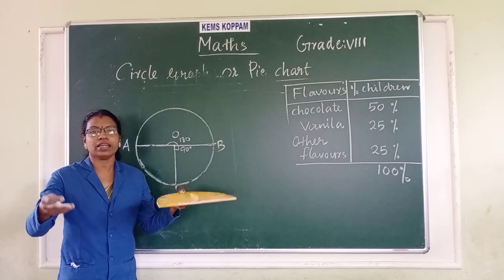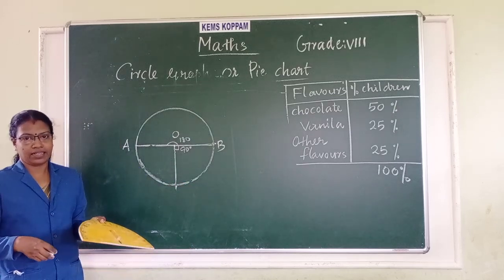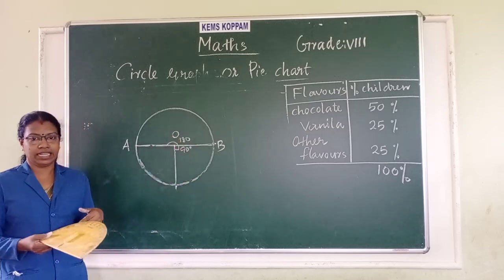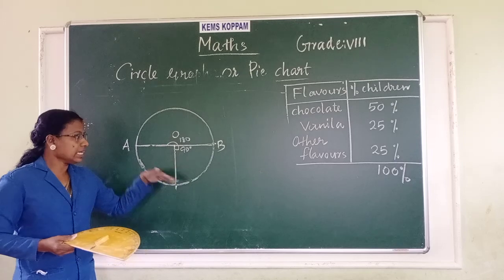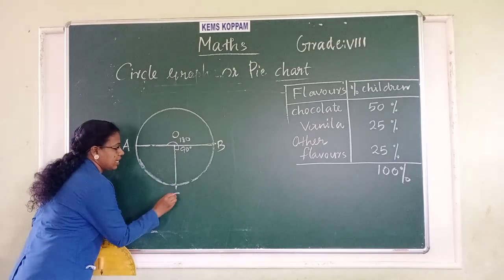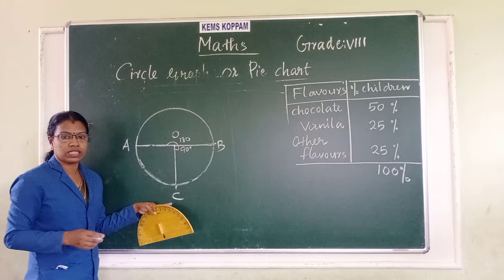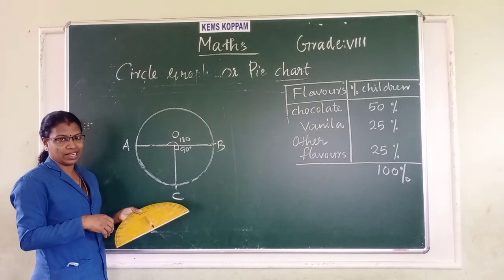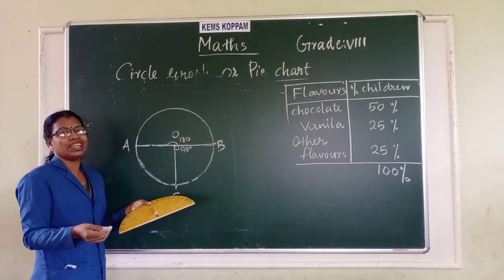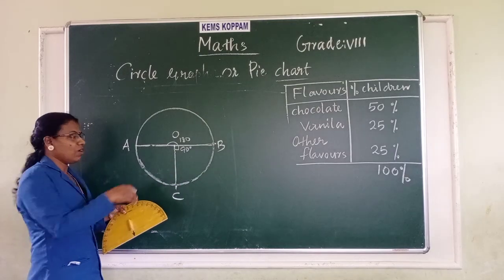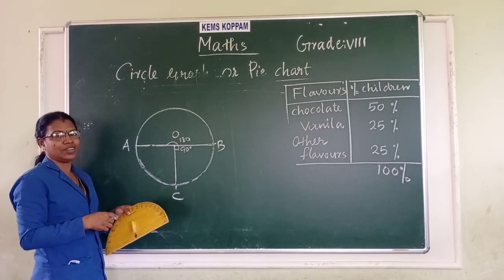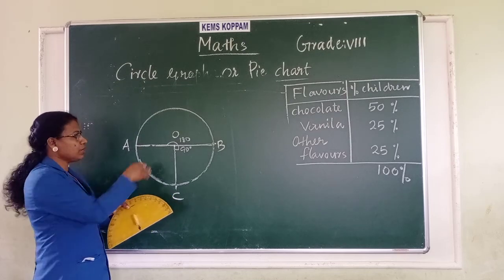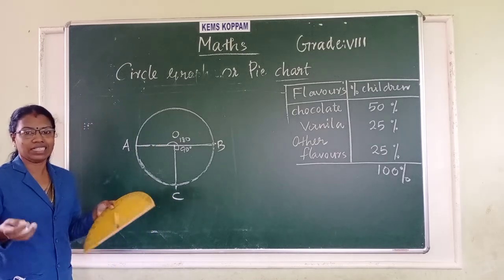This way you can continue marking the angles. One more angle is also 90 degrees. Taking that line as the baseline, name it OC. Now taking this OC as a baseline, you can mark the next angle. But the last angle already exists there, so no need to mark it. You can just measure that angle to check whether it is correct or not.